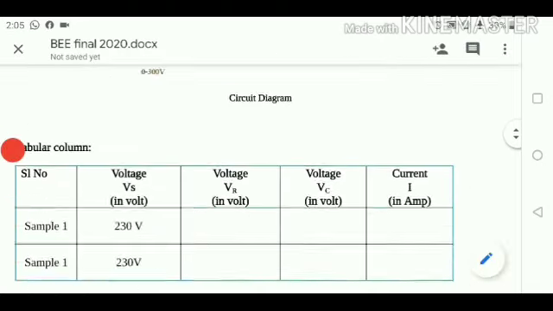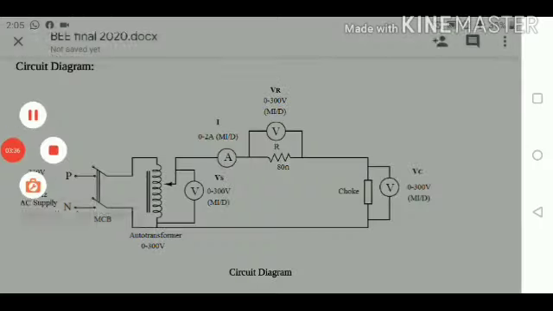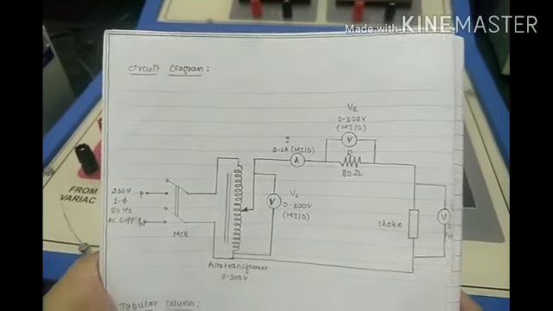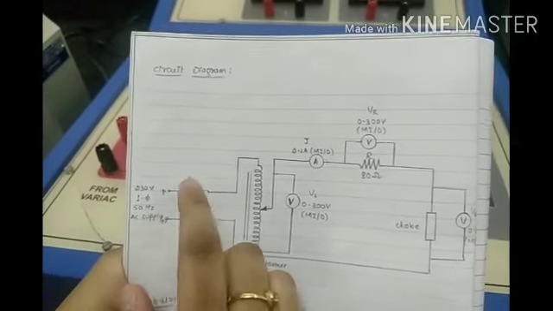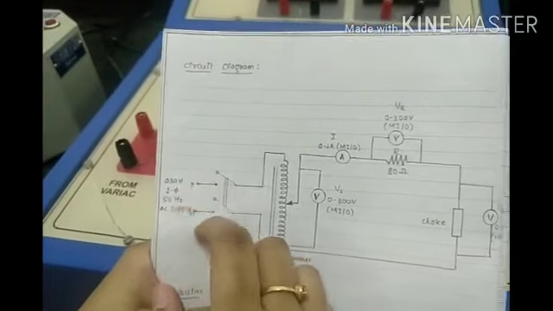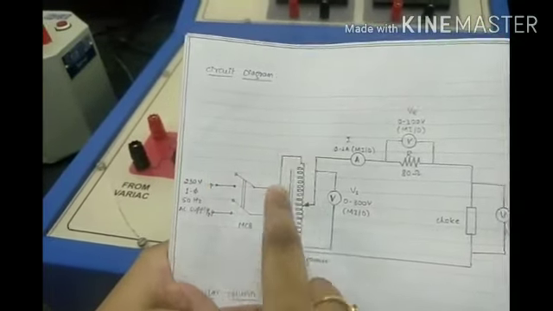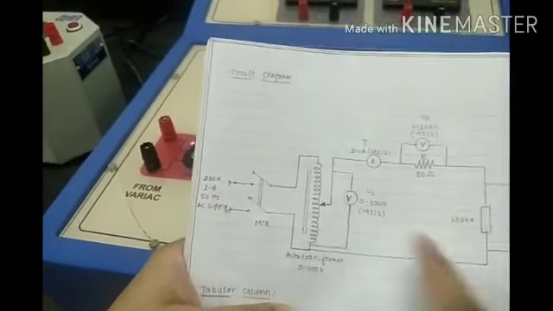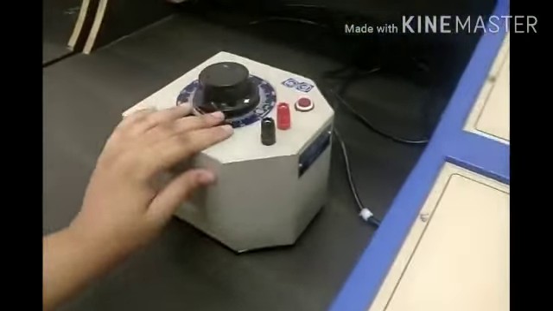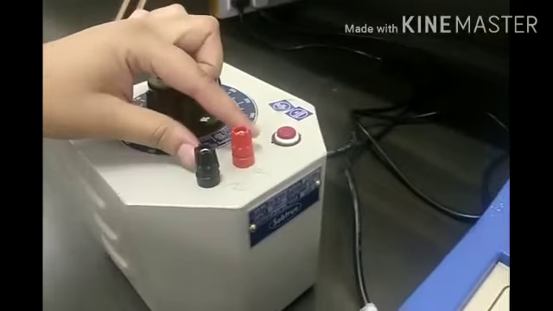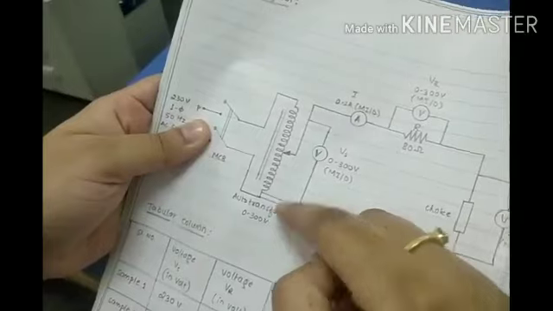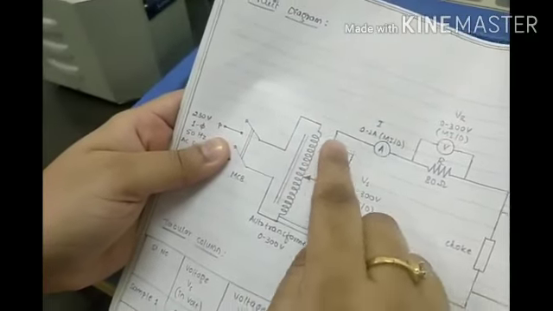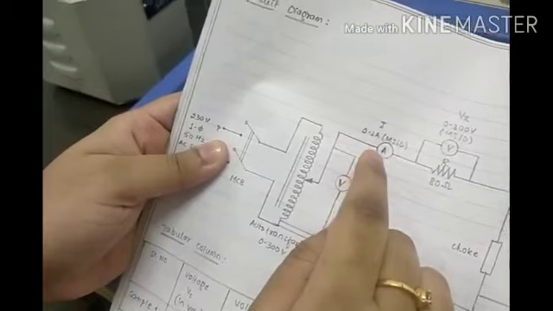Now let us start according to this circuit diagram. Let us start the connections. So this is our circuit diagram. We will start from the supply side, which is the PN written here. This is the mains, which is directly connected to the auto transformer or the variac. This is the auto transformer. From the supply mains it is connected by plug to here, and the two terminals from the auto transformer are these two terminals. From one terminal of the auto transformer we will go to the ammeter part.